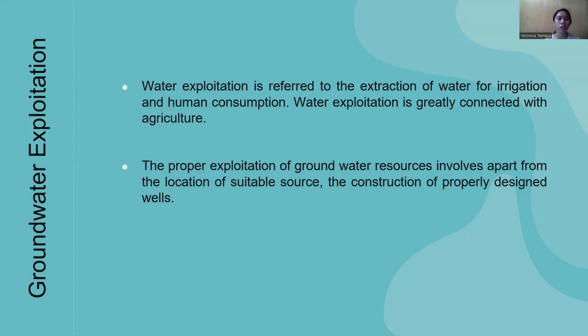industrial and residential sectors and seasonally with tourism. So water exploitation can be estimated by the exploitation index that is defined as withdrawal of conventional freshwater resources. So the proper exploitation of groundwater resources involves, apart from the location of a suitable source, the construction